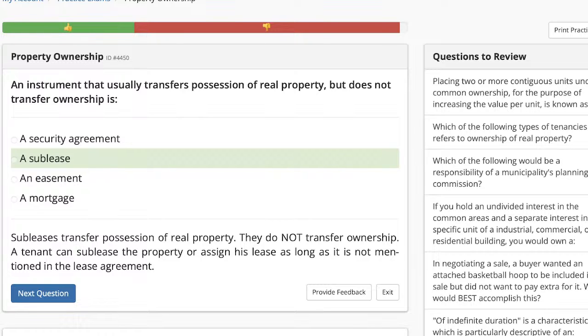I know the song is stupid and ridiculous. I get it. But when you're taking your exam and you remember it, boom, you'll be so happy. Just remember, OR is the giver, EE receives. So a lessor gives a lease to a lessee. A vendor sells something to a vendee who buys it, who receives it. Are there any exceptions to the OR-EE rule? What do you guys think?